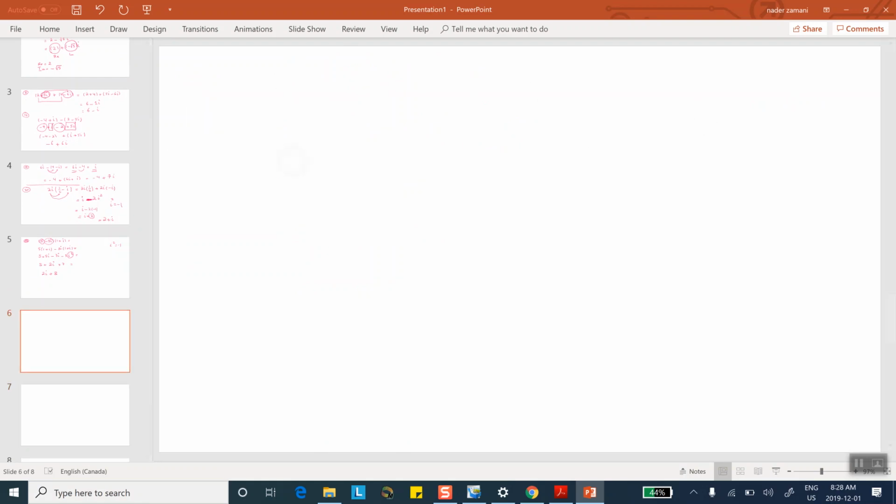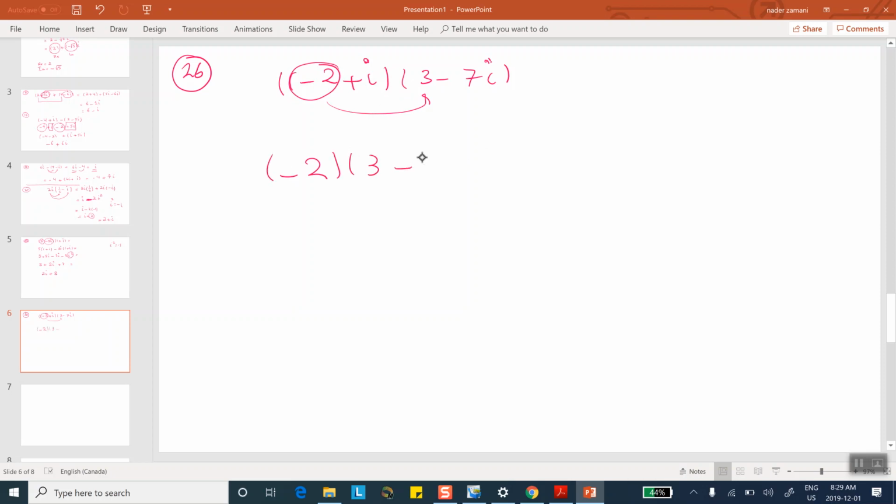Okay. 26. Minus 2 plus i times 3 minus 7i. Just like you do it in algebra. This thing, foil into that. Okay. So minus 2, I'll write like this, if it helps you, plus that thing, foil into this. i times 3 minus 7i. Clean it up. So it's going to be minus 6 plus